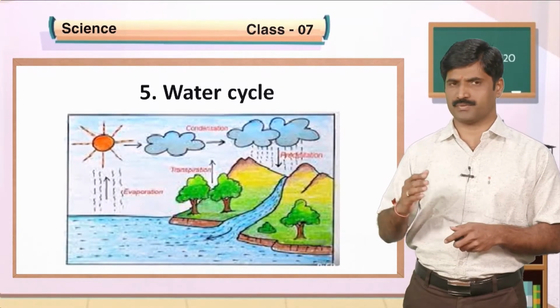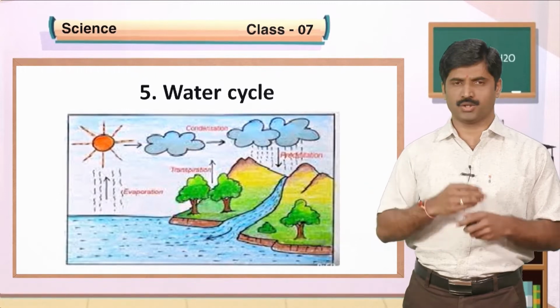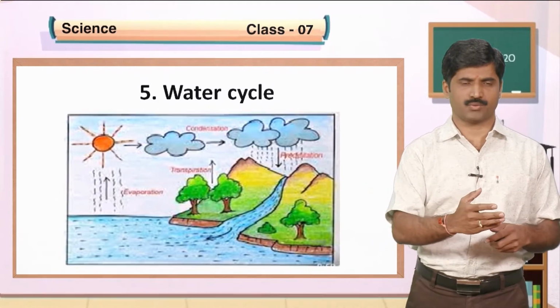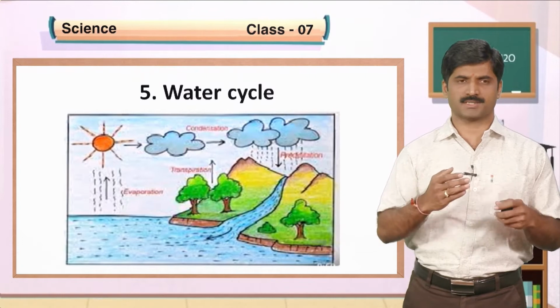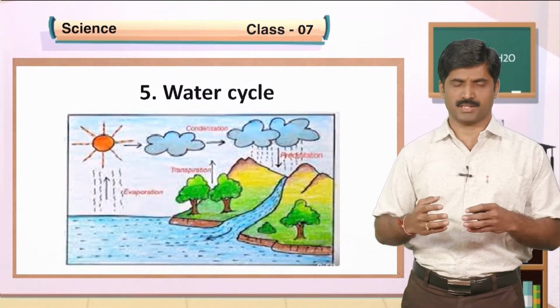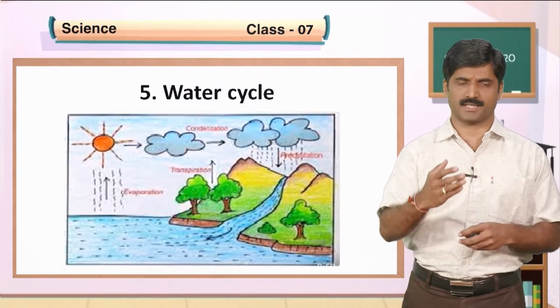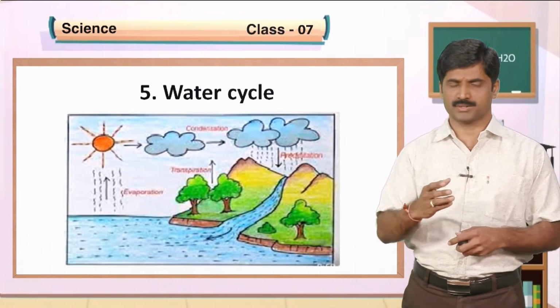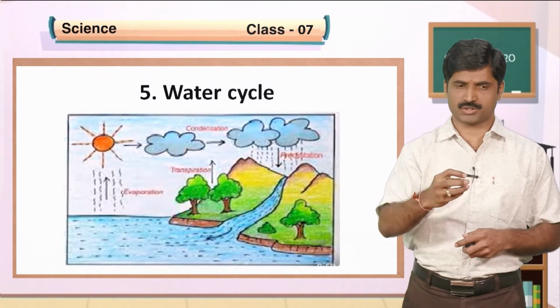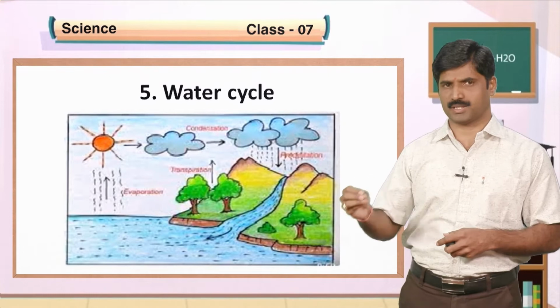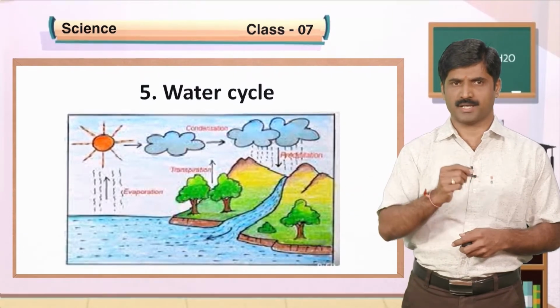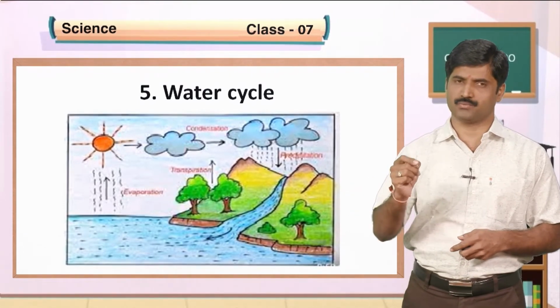Effect of convection on water cycle. In lower classes, we have studied about the water cycle. When sunlight falls on the water body, evaporation of water gets accelerated. The hot vapor starts to rise. This is due to the effect of convection. Convection has a vital role in the water cycle.